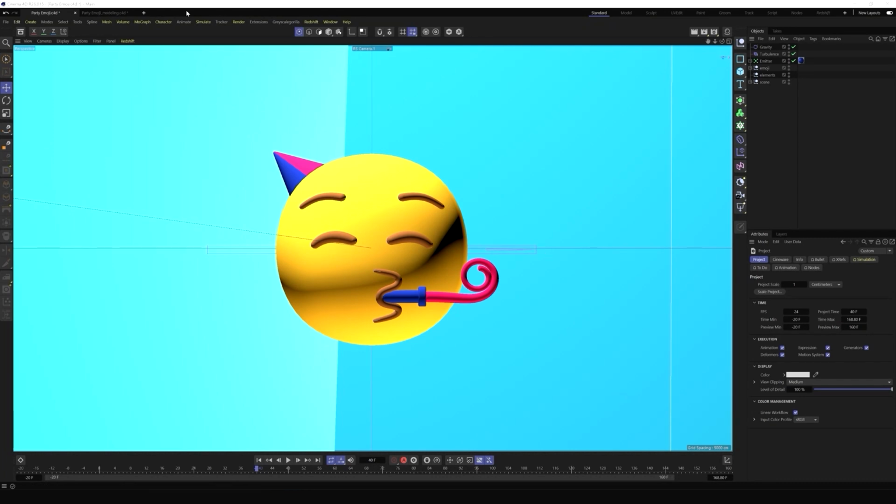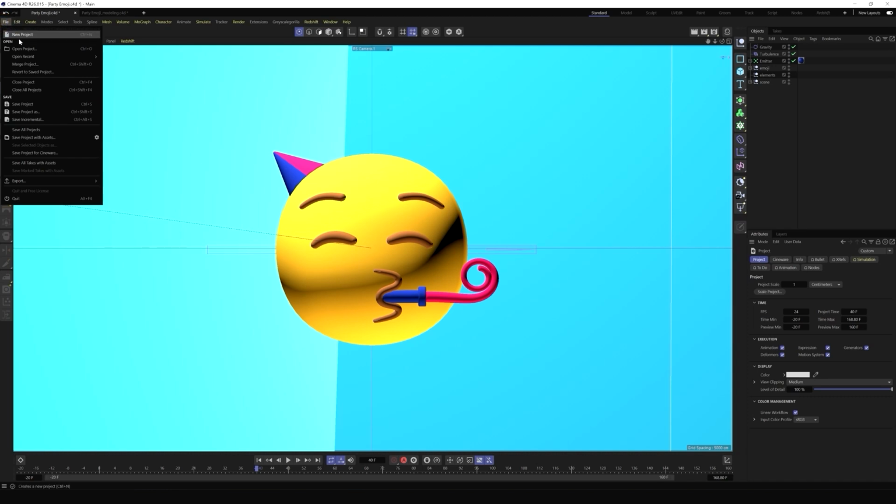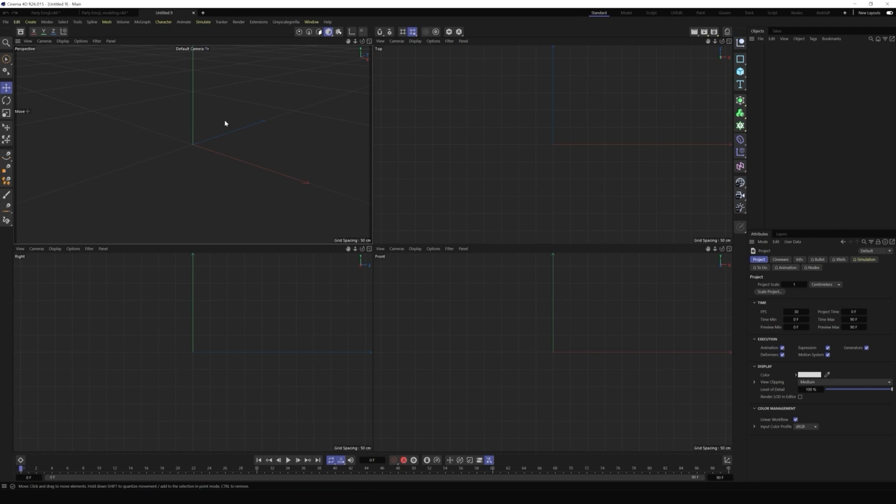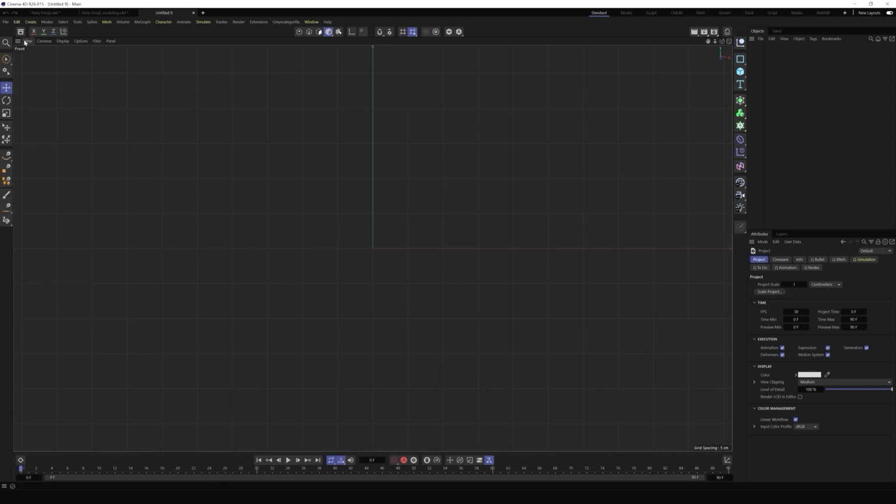Let's open a new project by going to File, New Project, or using shortcut Ctrl-N. So in order to create a very good emoji, we need a reference image to follow along with. Let's press the square here to see all our other views. We have top, right, and front. And let's go to the front view, View,